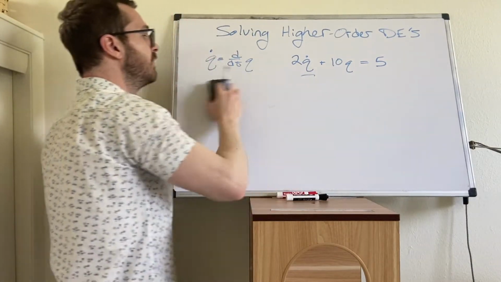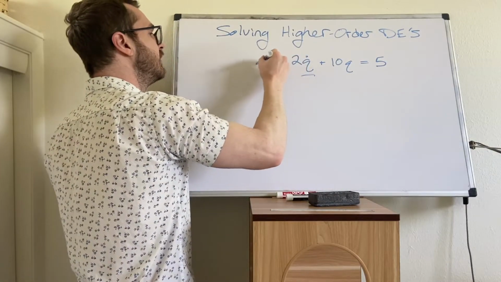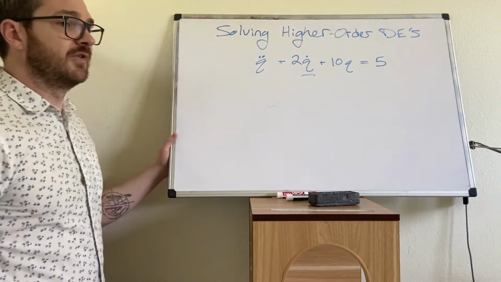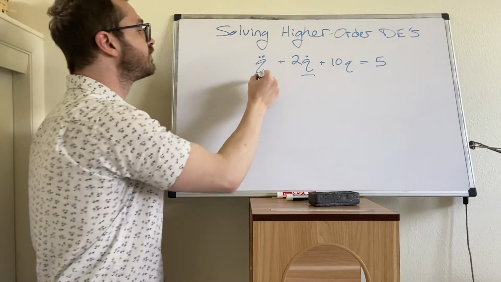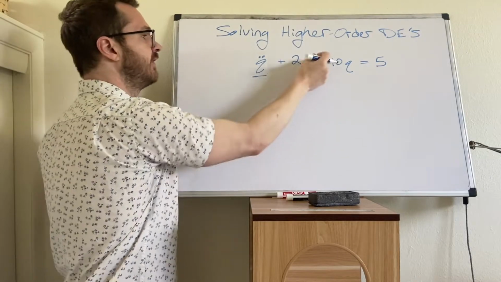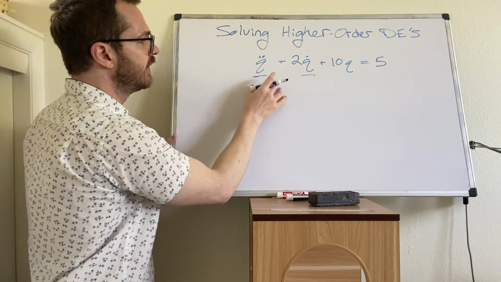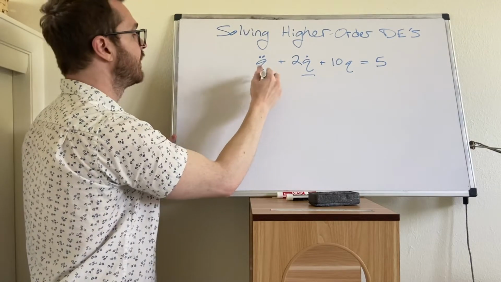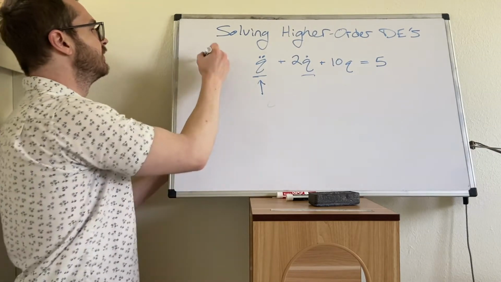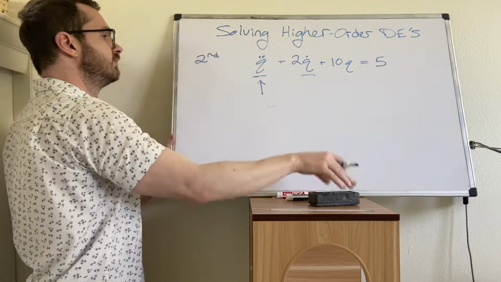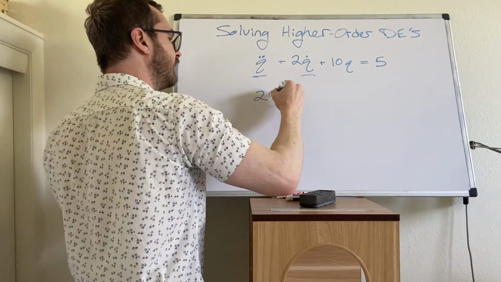Let's modify this system, and let's add to it a q double dot. First of all, what is the order of this equation? Well, we can see there's a q double dot and a q dot. You don't add them. If you have multiple derivatives of the same variable, all you look at is the highest order derivative. So this is a second order